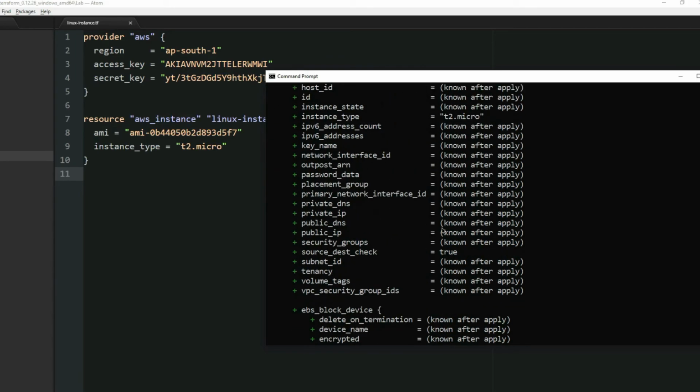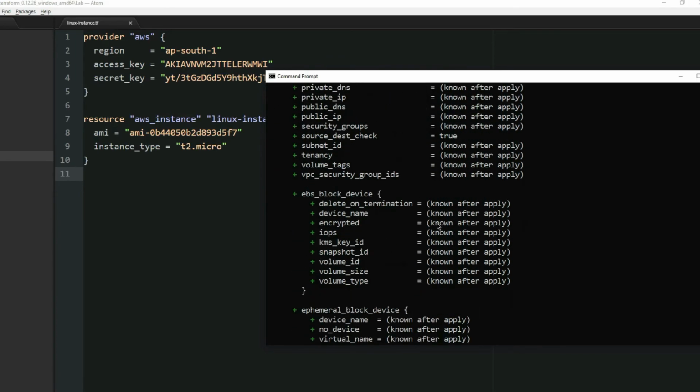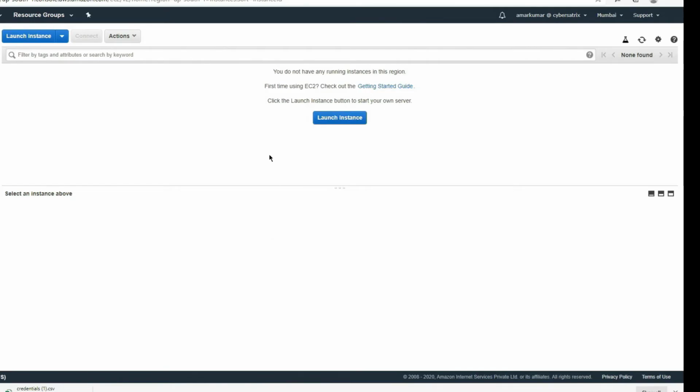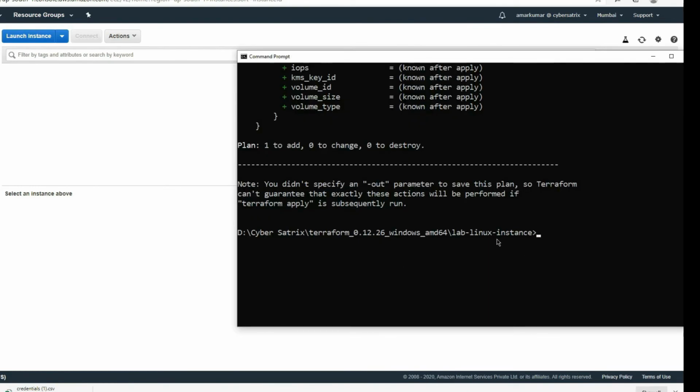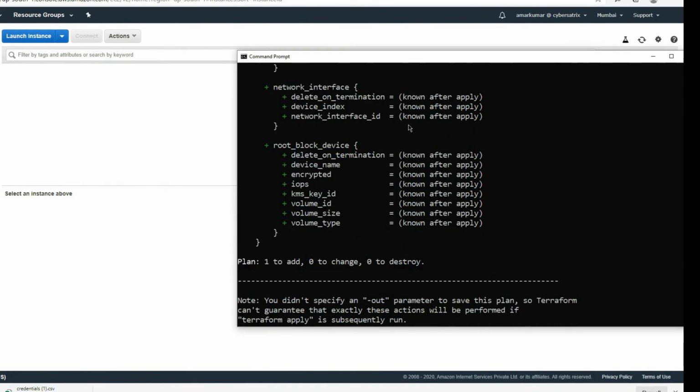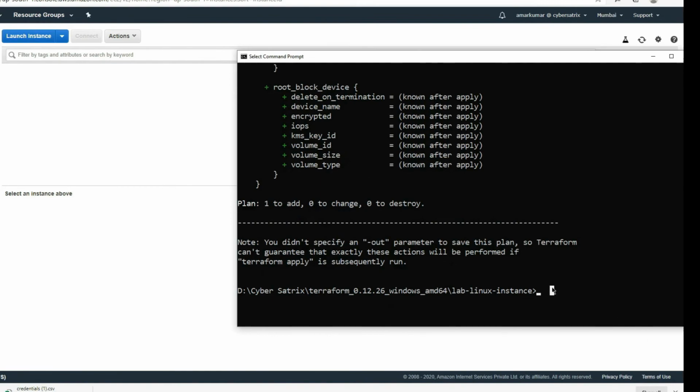So all these things will be automatically created and assigned to the respective instance. Right now I have not run the command terraform apply. This is just the plan that shows you what is going to happen when you write the command terraform apply.